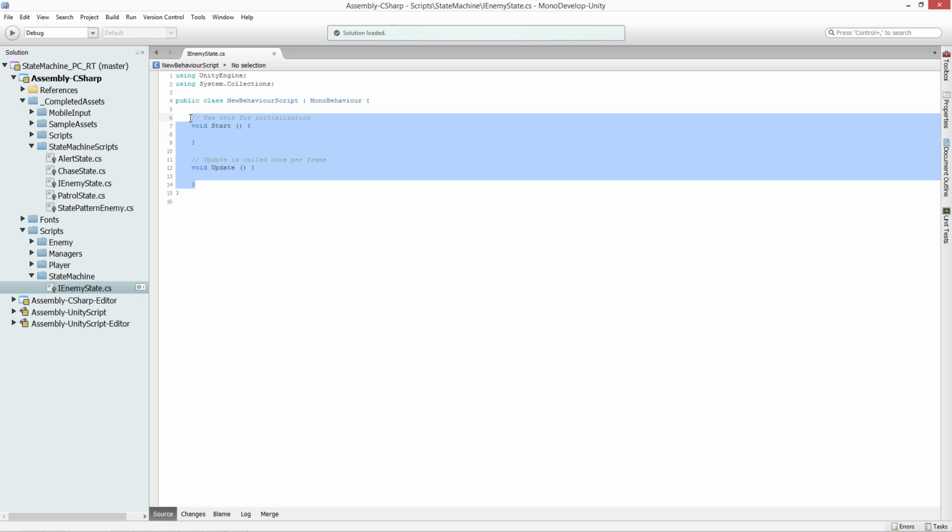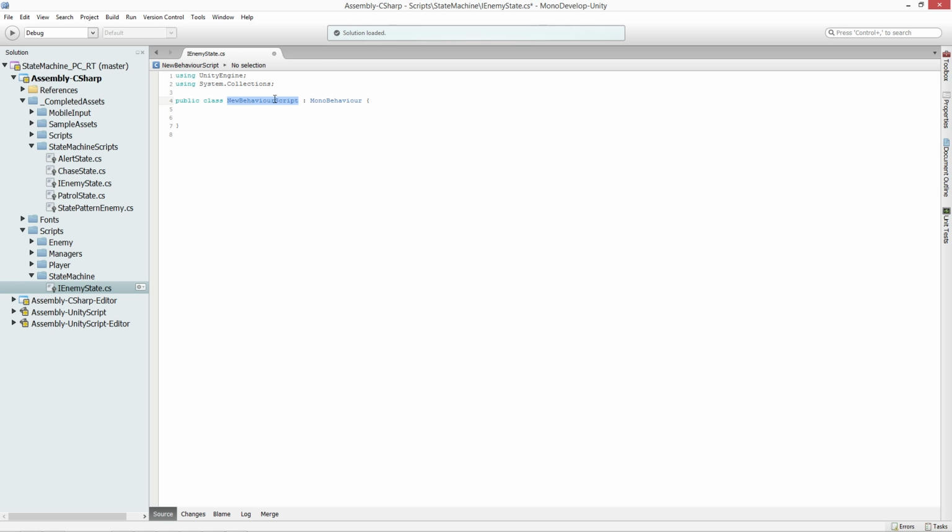So we can delete this. We're going to change the name of this to iEnemyState. This does not need to be a MonoBehaviour. It's not going to inherit from MonoBehaviour. It's just going to be a C# class. And then in it, we're going to list the methods or the functions that our different states are going to implement. So in order for something to qualify as an iEnemyState, it's going to need to have an implementation of each of these functions. So we're going to have void OnTriggerEnter,